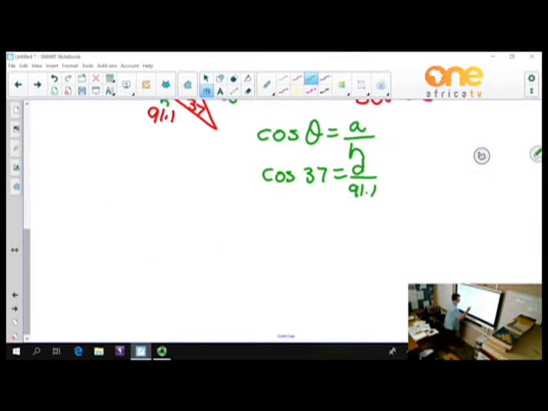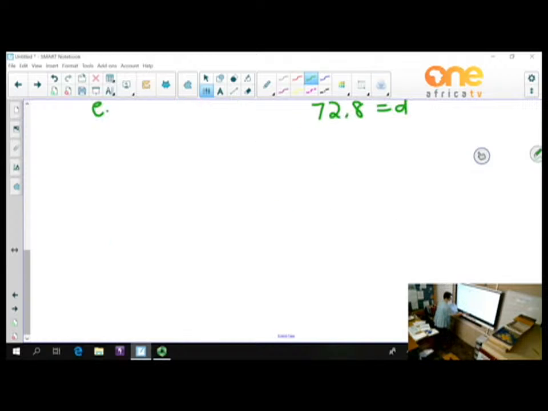Which method? Top times. So it's 91.1 times cosine 37 is equal to d. Okay? So that is 91.1 times cosine 37 is equal to 72.8. Look at the rounding. 72.8. That's your d. Number e. Okay, it looks like this. There's your right angle triangle, 30 degrees,